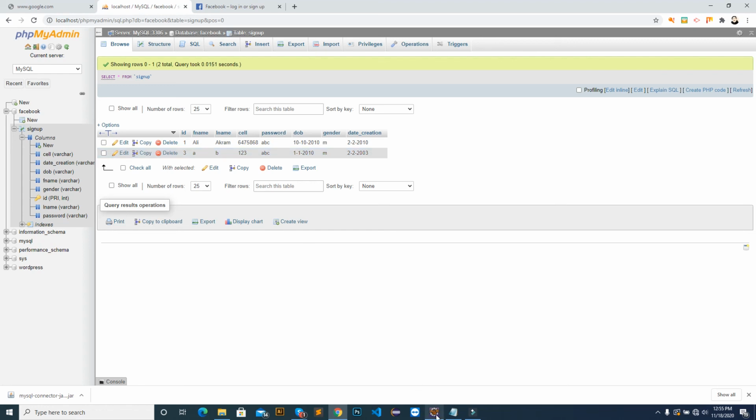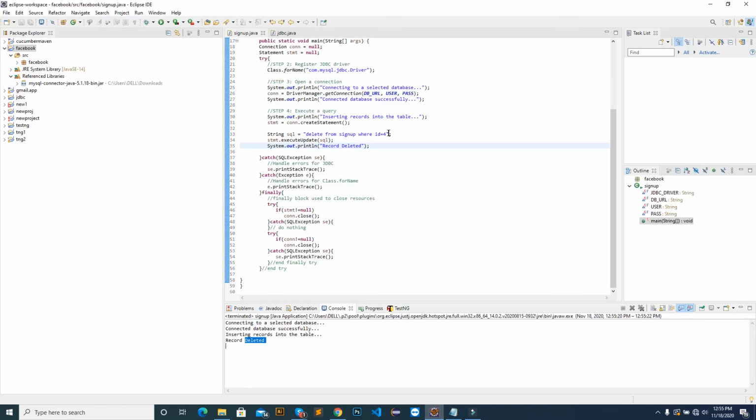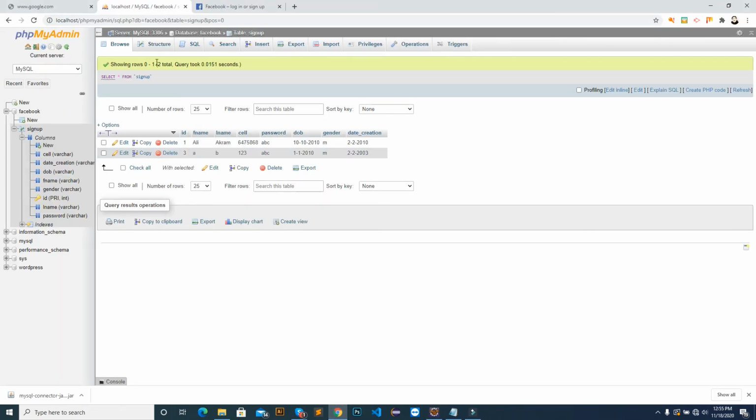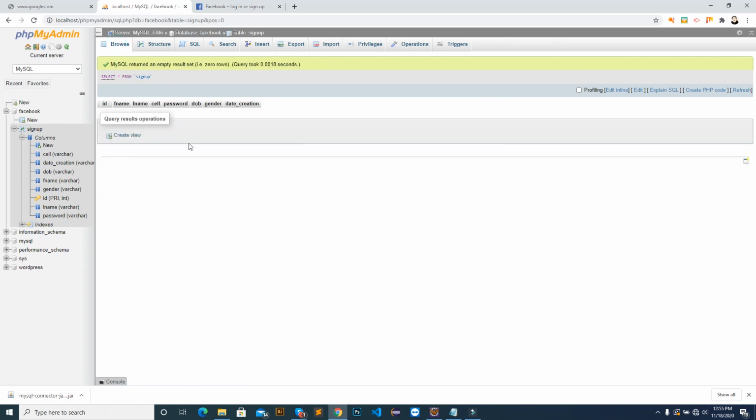Why do we use the WHERE statement? For example, if I do not use the WHERE statement and there are 1000 records, and I execute it, it will delete all the records. We have 2 records. If there are millions of records, it will take 2 or 3 seconds and you will have no data inside your database. So it is very important for delete and update statements that you use a WHERE condition. So this was an overview of using the database, how to delete it, how to update it, and so on.